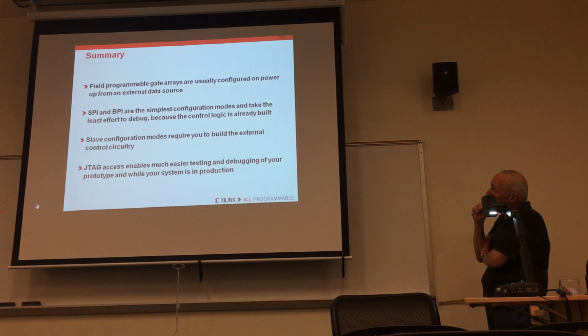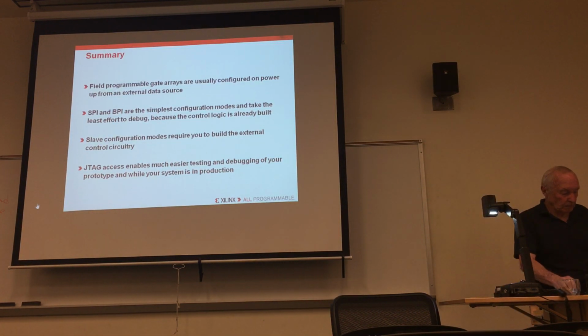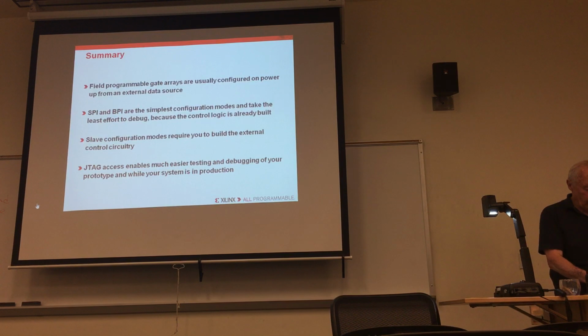Now let's wrap up this module with a summary. Field programmable gate arrays are usually configured on power-up from an external data source. SPI and BPI are the simplest configuration modes and take the least effort to debug. This is because all the configuration control logic is stored inside the FPGA or external memory device. Slave configuration modes take the most effort to debug because they require the user to build their own configuration control